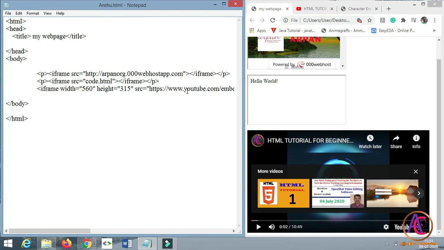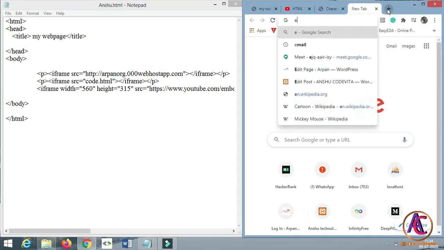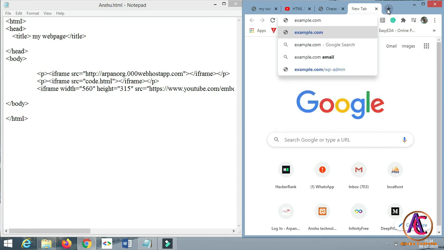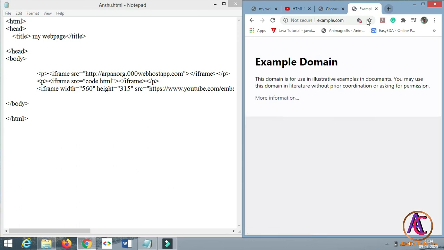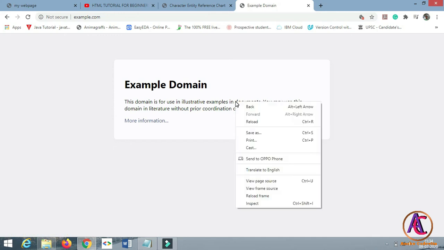If we want to see the HTML code of other websites like Facebook, Instagram, etc., follow me. I start with a basic website called example.com. Search on Google. This is a simple website with a few lines of text written on it. To see the HTML code of this website, just right click on it and you will see the option called view page source. Click on it.